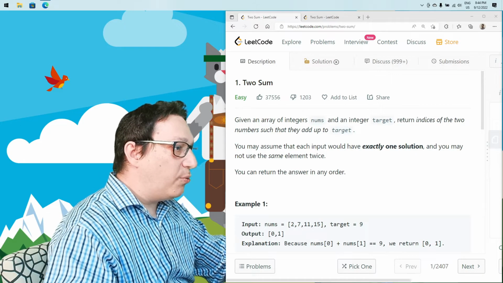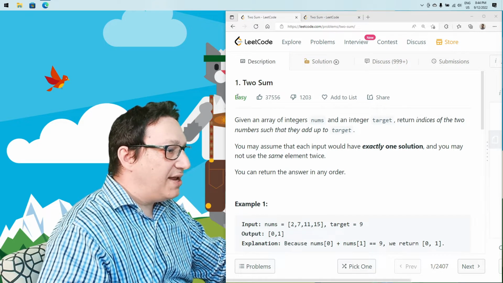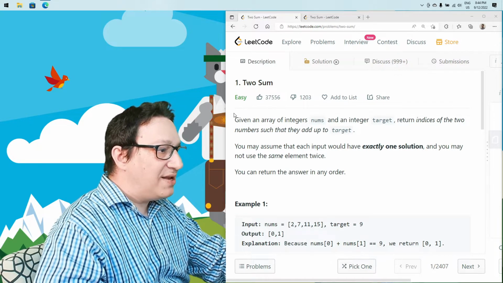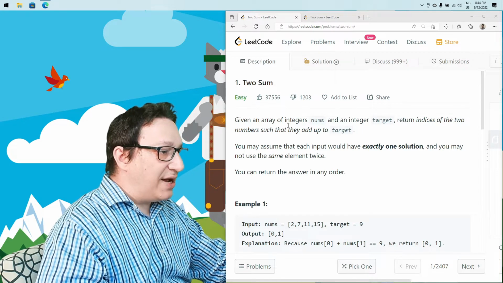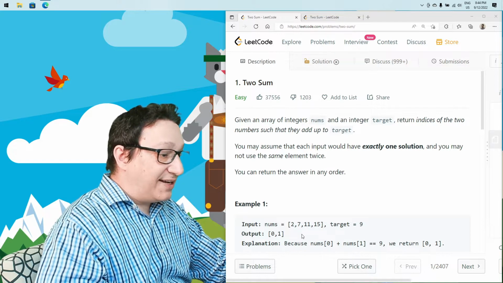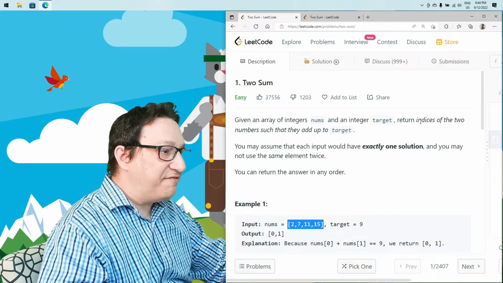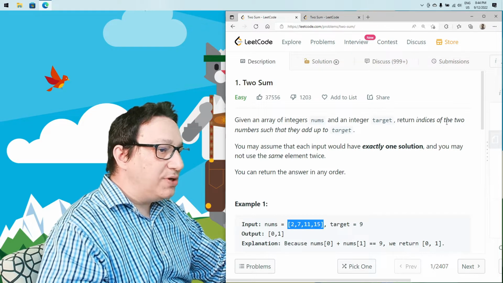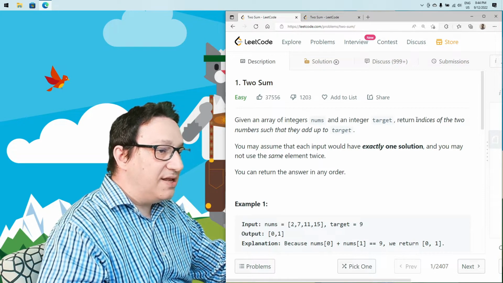Alright, so we're looking here at this two-sum coding puzzle from LeetCode, and this is an easy puzzle. Let's read it before we start implementing it. Basically, we are given an array of integers, and we need to identify in this array two numbers that add up to a certain number, and then return the indices of